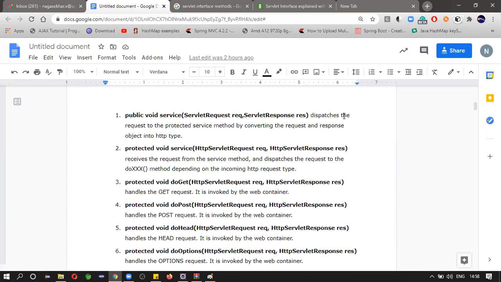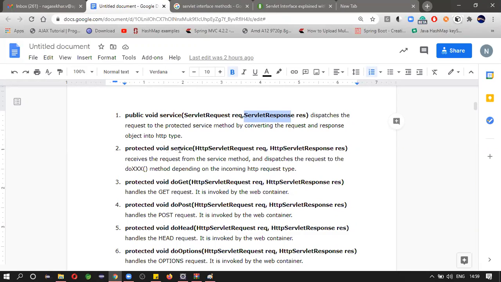Service dispatches the request to the protected service method by converting the request and response object to HTTP type. If you observe this method, you will see the parameters ServletRequest and ServletResponse.